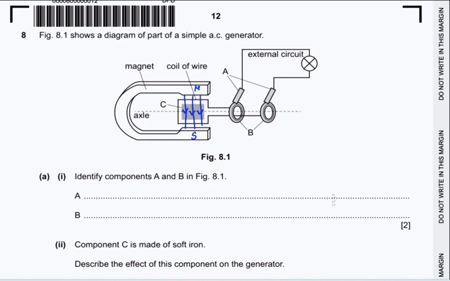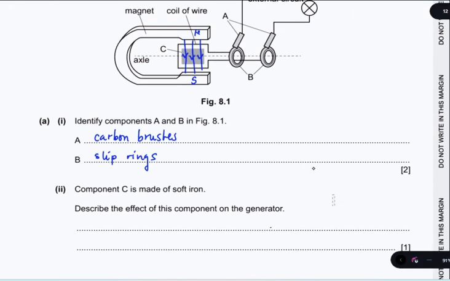on fig 8.1. So A is just the carbon brushes, right, and then B, slip rings. Okay, right, now the next component, component C is made of soft iron. Describe the effect of this component on the generator. Right, this will increase or strengthen